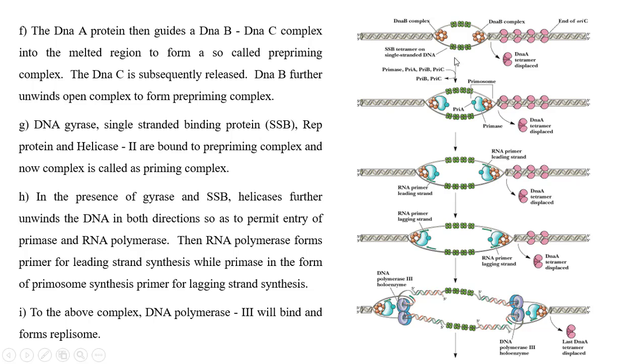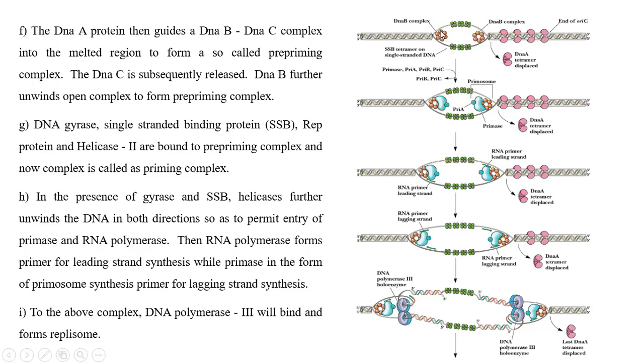So the single stranded binding protein binds on the open complex and prevents the re-annealing of the open complex formed by the helicase. It is a hydrogen bond, so it can easily reassociate. So the single stranded binding protein comes to bind on the single stranded DNA and prevents re-annealing of the DNA. In the presence of gyrase and single stranded binding protein, helicase further unbinds the DNA in both